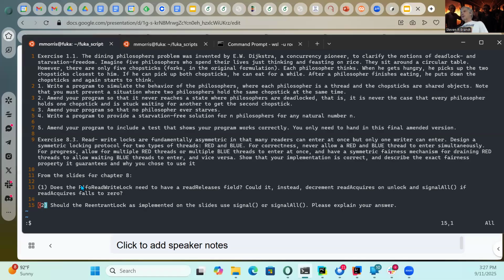No, signal works here, is what I'm saying. There isn't, unless you can figure out a way to describe to me how a lost wake up could occur, right? I mean, it's easy. We can see how it can occur with the queue, but this is a different situation, and every problem behaves slightly differently. So you can't replicate what happened with the queue there, at least not obviously. So that's what it would take to show that.